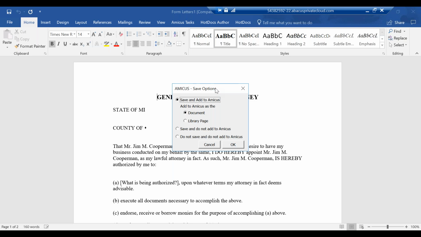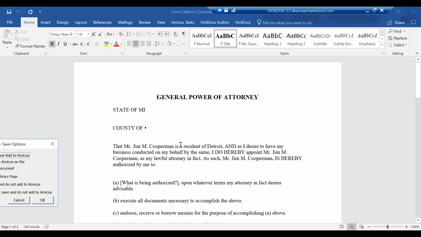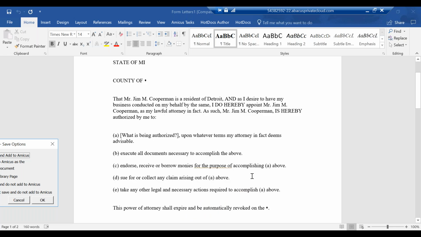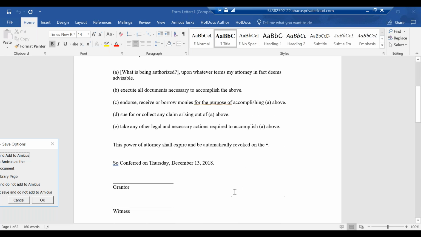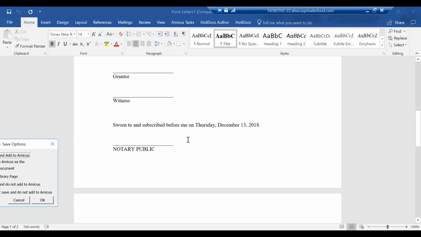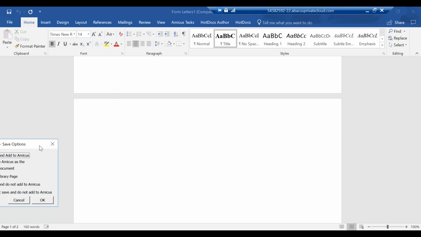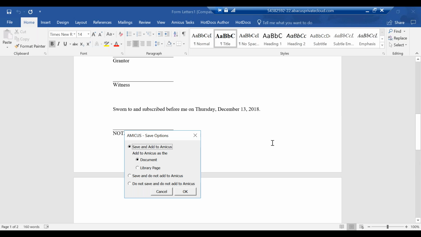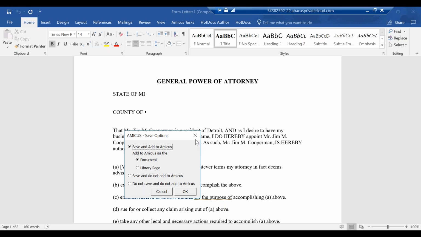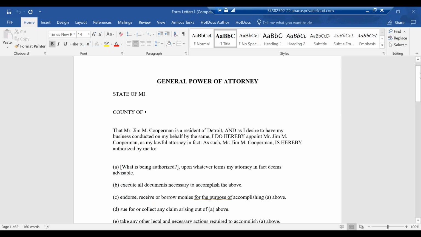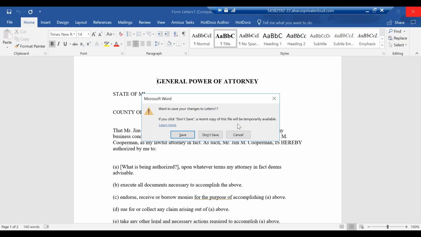If I scroll over, you can see here, I can see that it populated all the necessary information. Jim Cooperman, he's a resident of Detroit, as well as it populated dates, time, and any other individuals involved in this case. So once again, automating that process for you. Now, if I close this document,